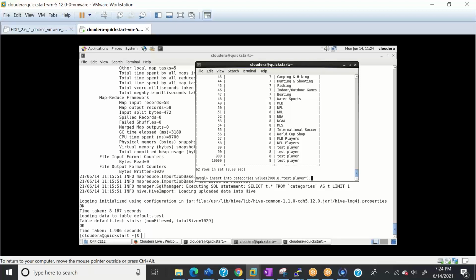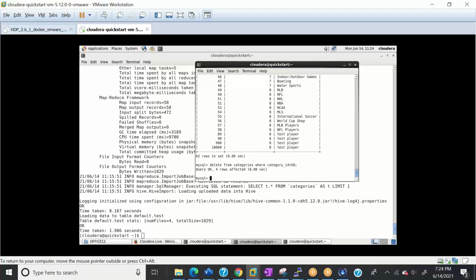Let me delete everything which has category ID greater than 58. So it will delete 4 rows. If I run this select query again, it has 58 rows, which is the real data.